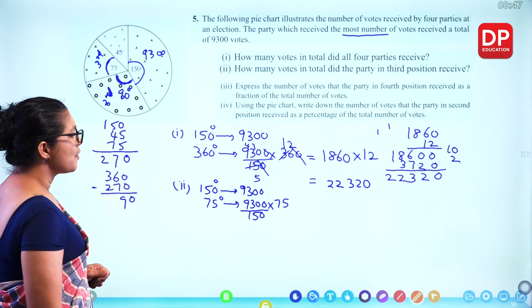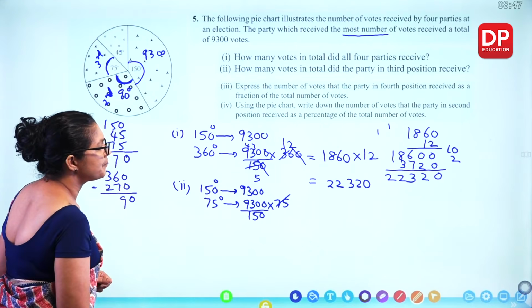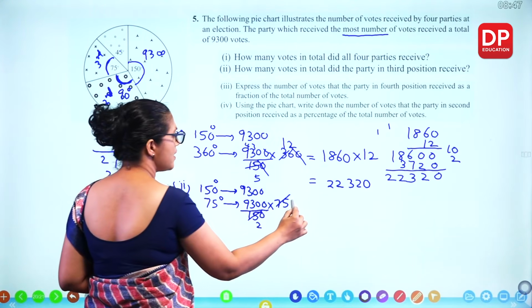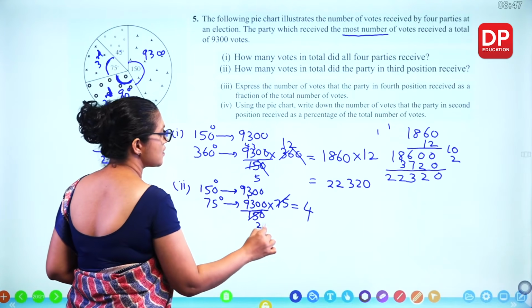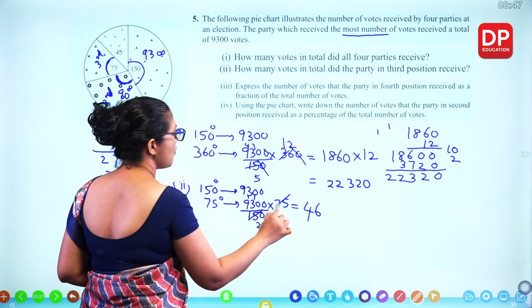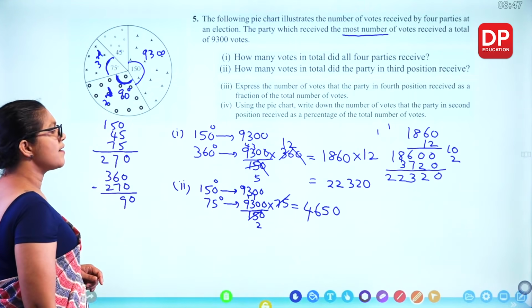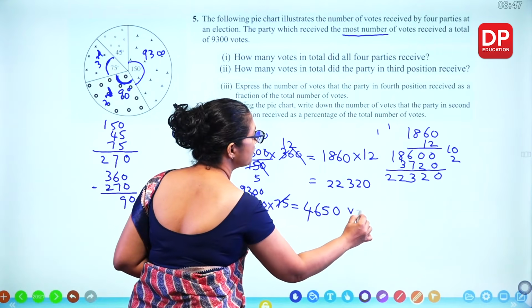We know 75 times 2 gives you 150. So that means 9,300 divided by 2. 2 times 4 is 8, for 13 that's 6, for 10 that's 5. So 4,650 votes